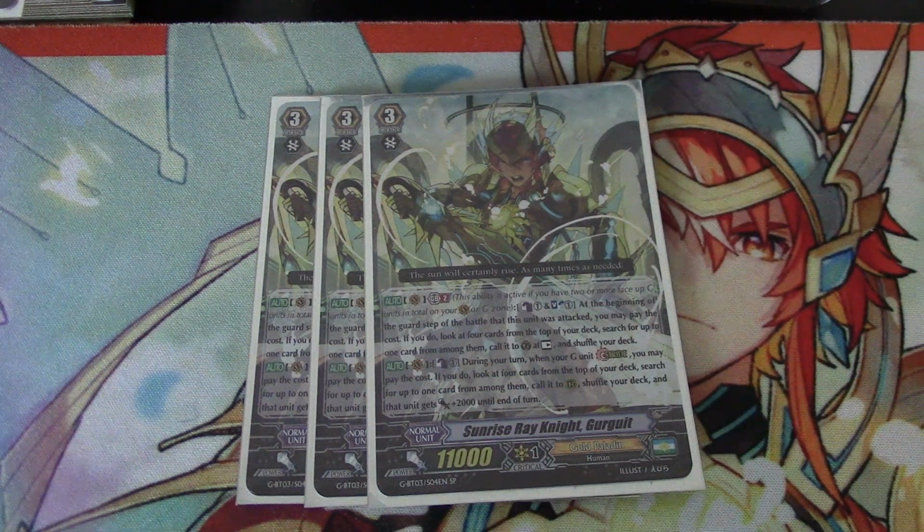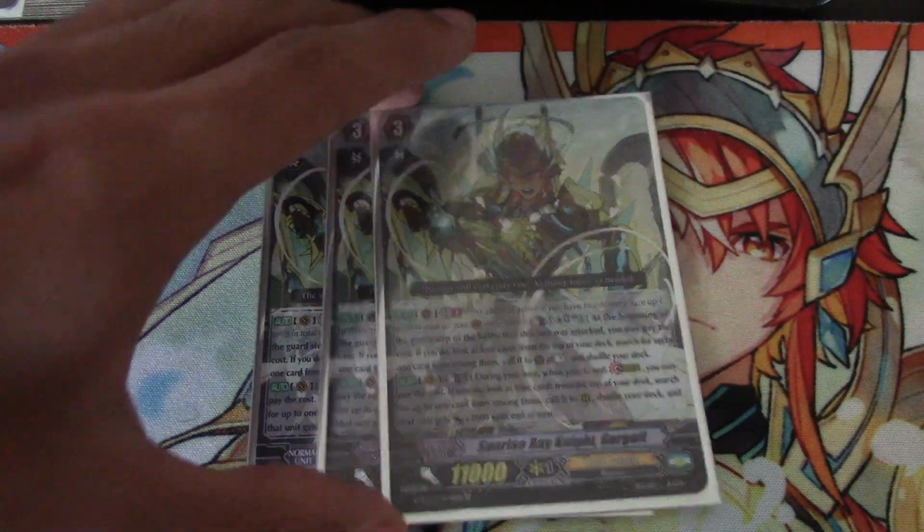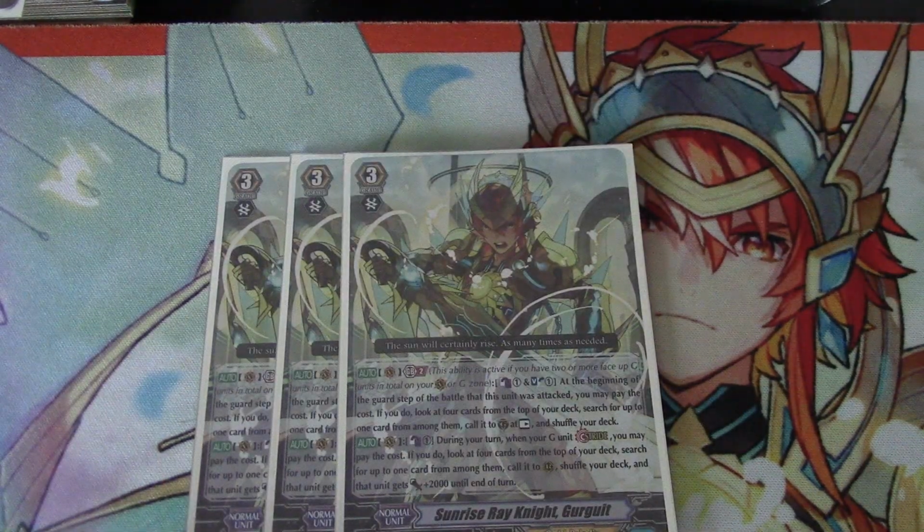That way when you first stride, you can start getting your units out that will go to soul and build the soul really well. This is also the main ride target, if we're gonna go there, because this Gurguit keeps your soul, and it's the slower Gurguit, but if you need to be more aggressive, next up I am running